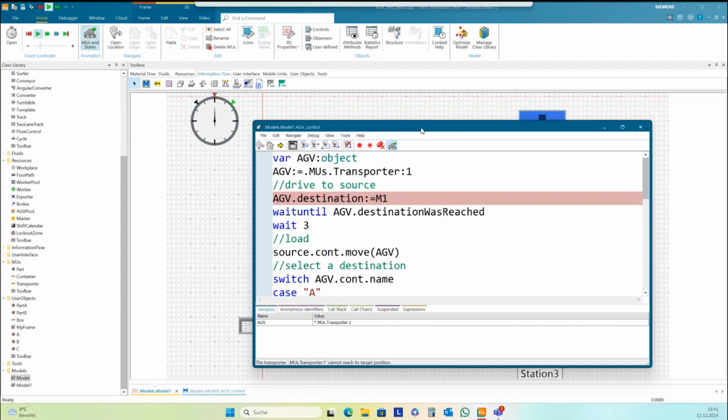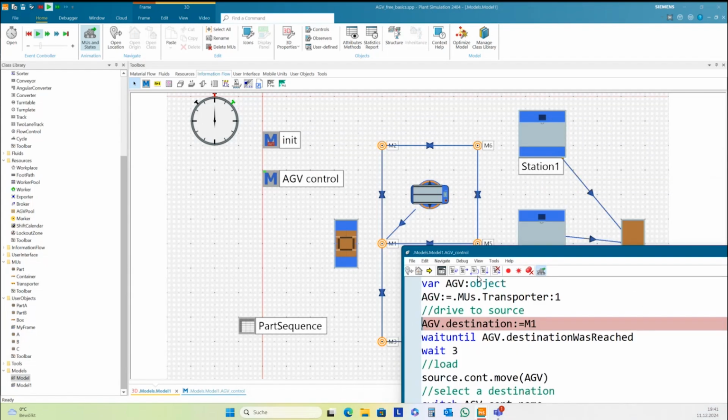And this HEV1 here is in another frame, and so you get a strange error message because in the other frame the transporter is not connected, the markers are not connected, and so you cannot reach M1 because no M1 is here in model 1.